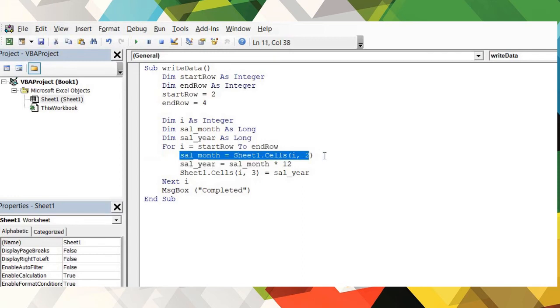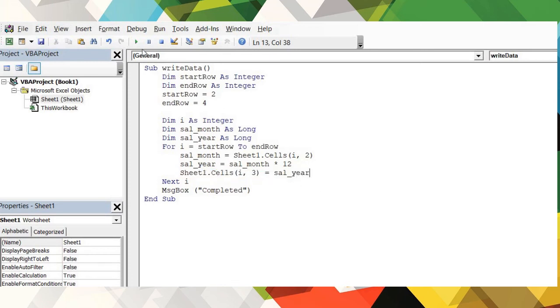This statement takes care of reading the salary from column B. This statement calculates the yearly salary and stores it in the variable sal_year. Sheet1.Cells(i, 3) = sal_year takes care of writing the calculated salary in column C.